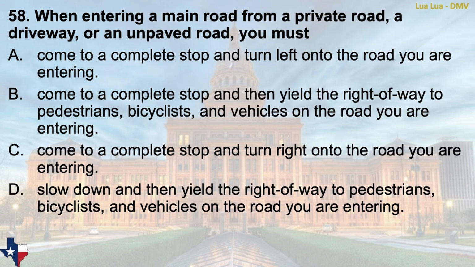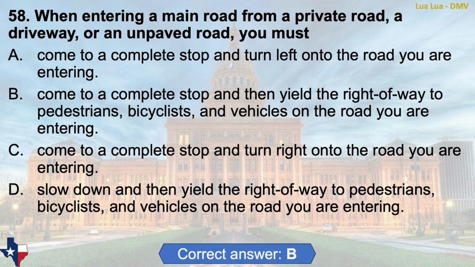Question 58. When entering a main road from a private road, a driveway, or an unpaved road, you must A. Come to a complete stop and turn left onto the road you are entering. B. Come to a complete stop and then yield the right-of-way to pedestrians, bicyclists, and vehicles on the road you are entering. C. Come to a complete stop and turn right onto the road you are entering. D. Slow down and then yield the right-of-way to pedestrians, bicyclists, and vehicles on the road you are entering. The correct answer is B. Come to a complete stop and then yield the right-of-way to pedestrians, bicyclists, and vehicles on the road you are